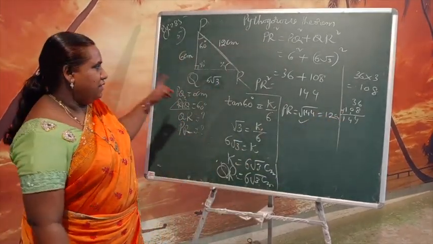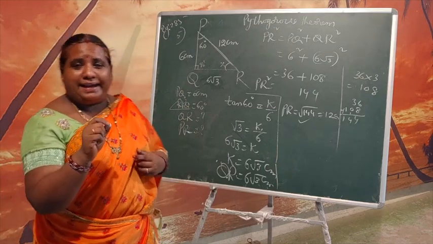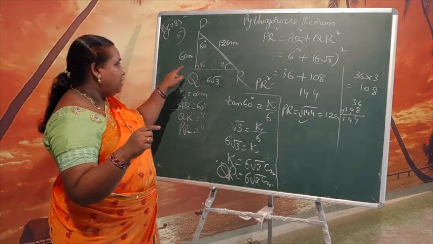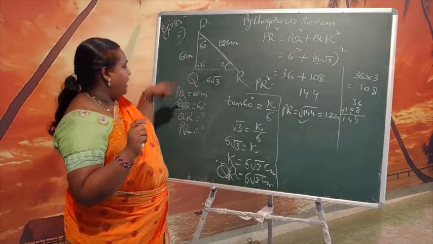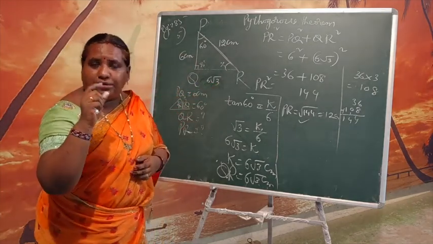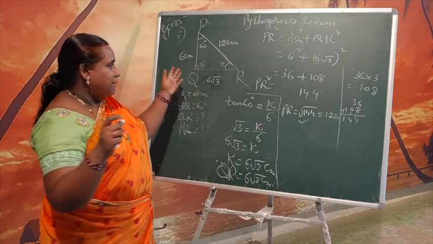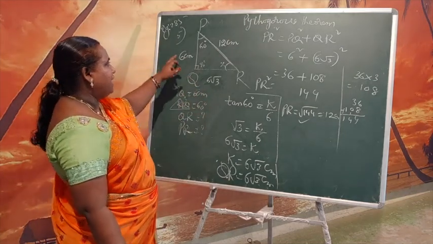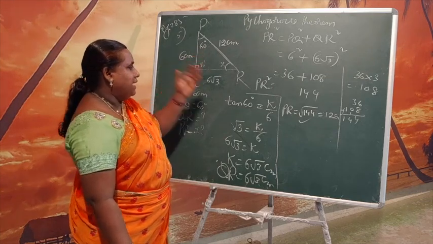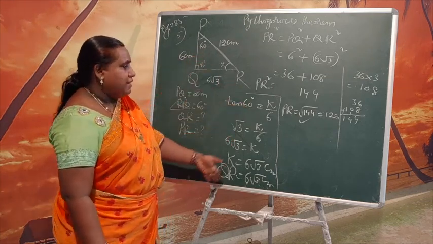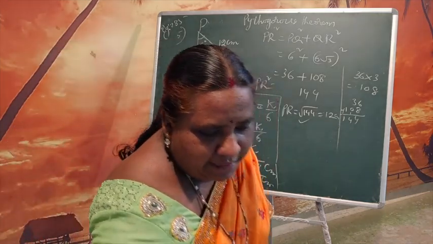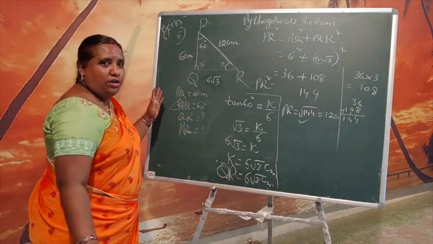Very easy children. So once again I am saying you have to draw the diagram by reading the sum twice, because you have to mark the right angle at Q. Correct, exactly. Suppose they gave RPQ is equal to 60. By mistake you should not mark somewhere else. So you have to go through the sum carefully. Then automatically you will be getting. Only the hint what you should get is, because opposite tan 60 is here, opposite by this side, then K by 6, unknown value you have to take, then QR and PR sides easily become. This is the fifth sum.